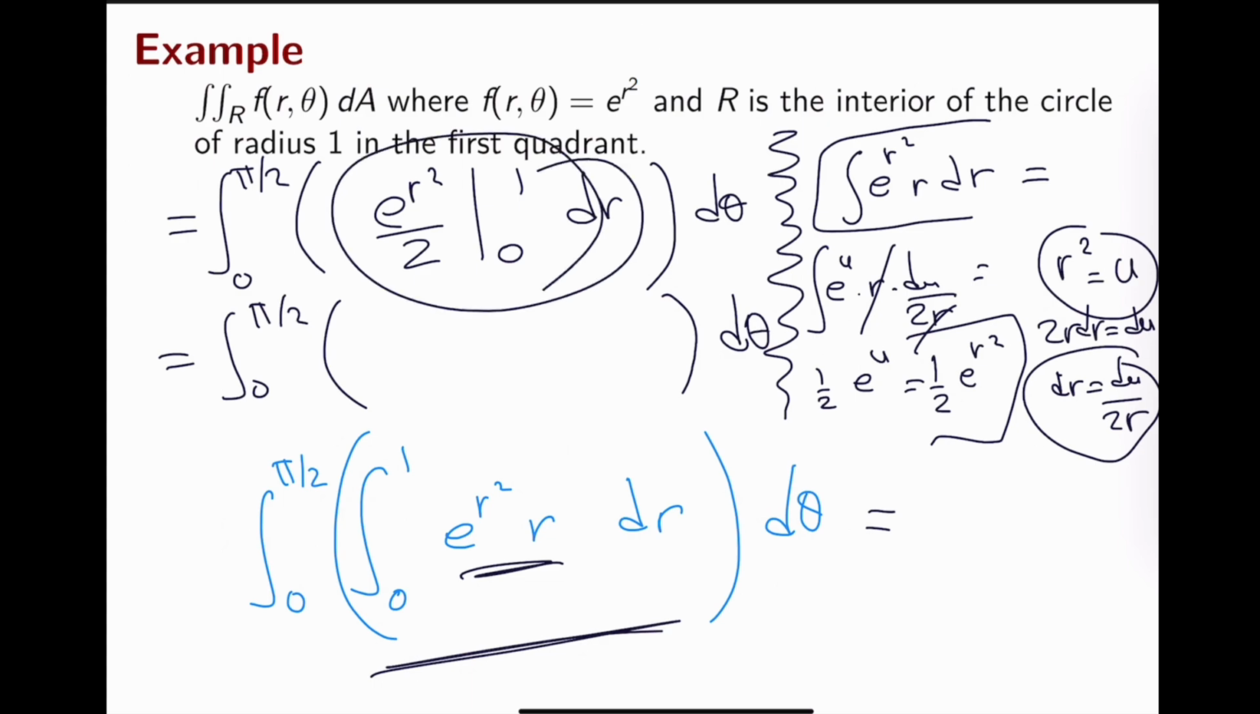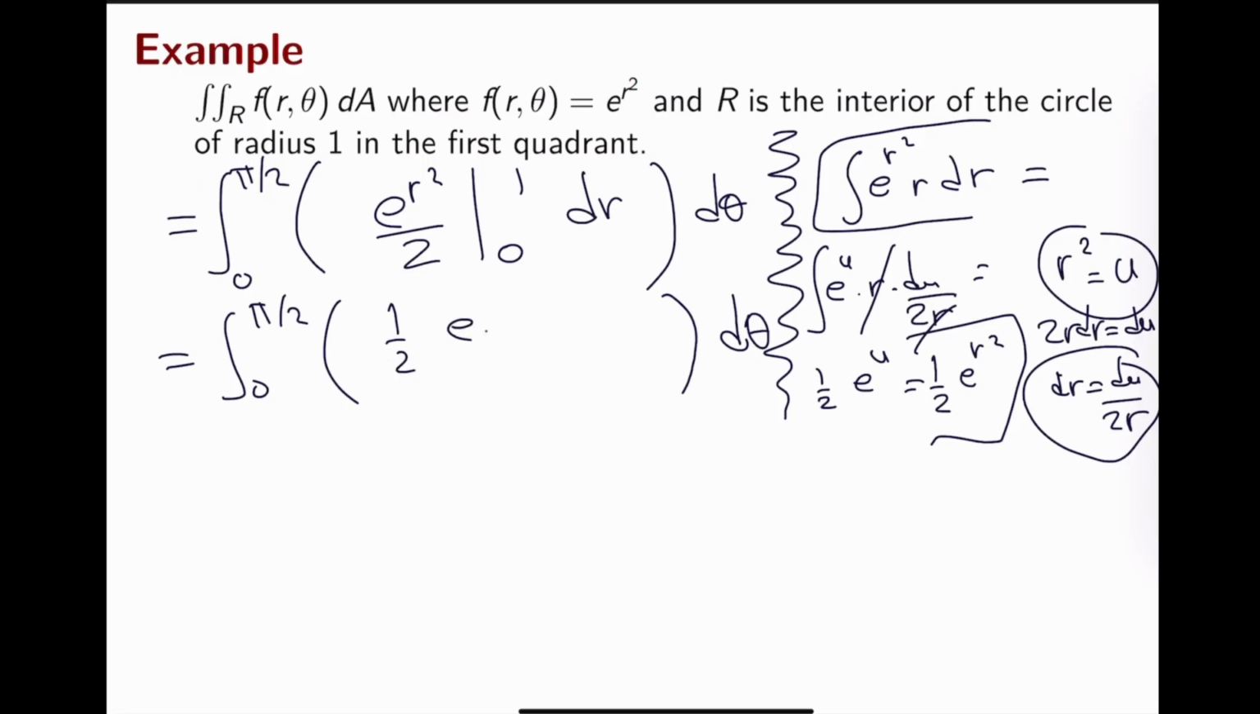And so this evaluation is going to be e to the power 1, just e over 2, minus e to the 0, which is 1 over 2. E minus 1. And so we see that everything here is a constant, right? And so we take the constant outside of the integral, and we integrate just